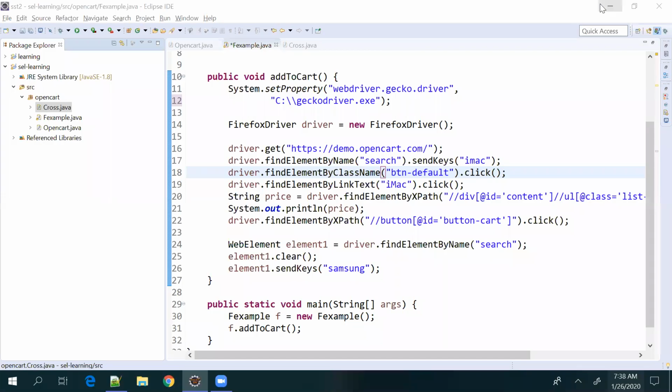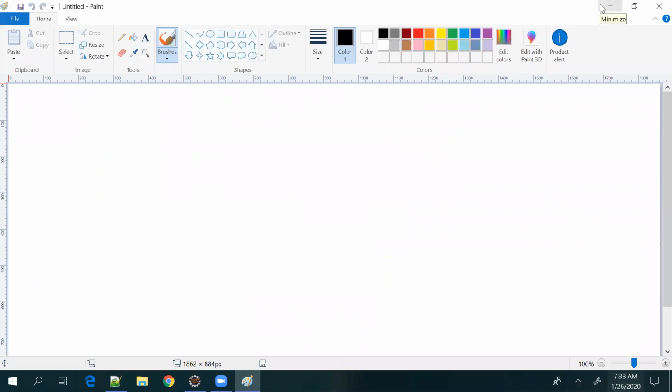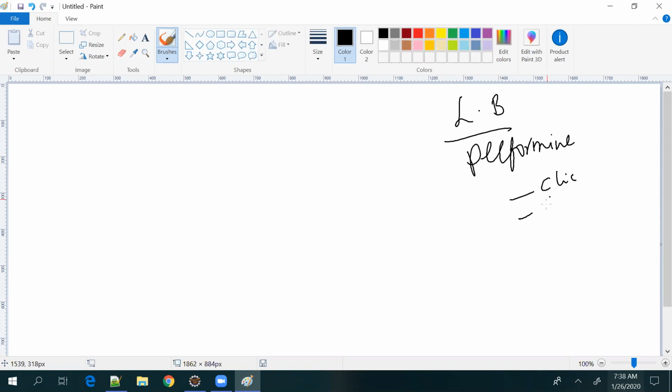Yeah, in the last classes, what we have seen is launching the browser and performing a few operations, right? Like clicking, typing, that means send keys, and then retrieving the text from the UI. So these are the three operations that we have